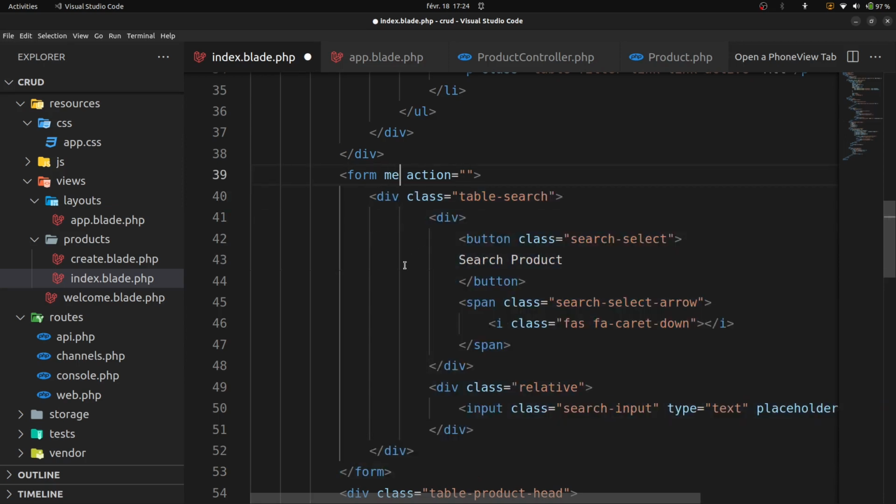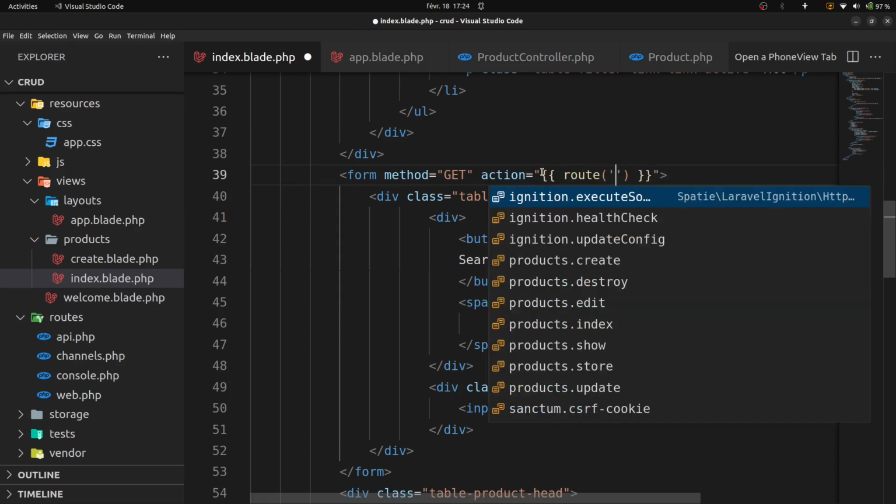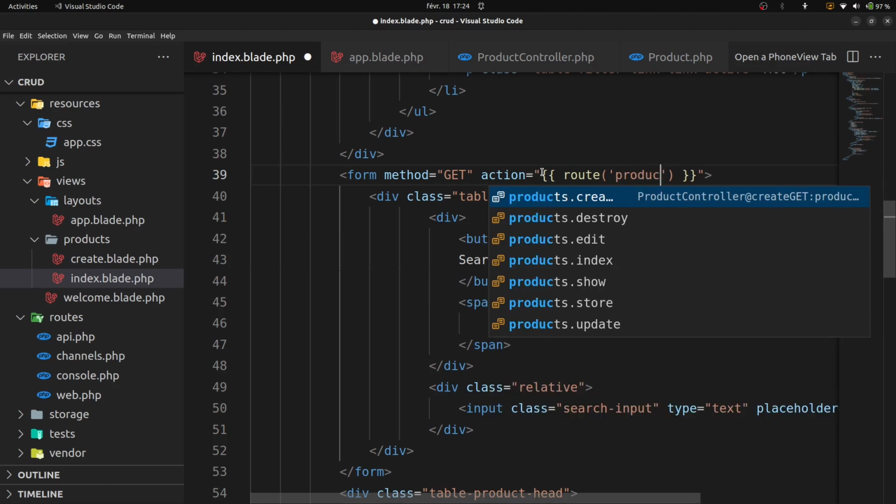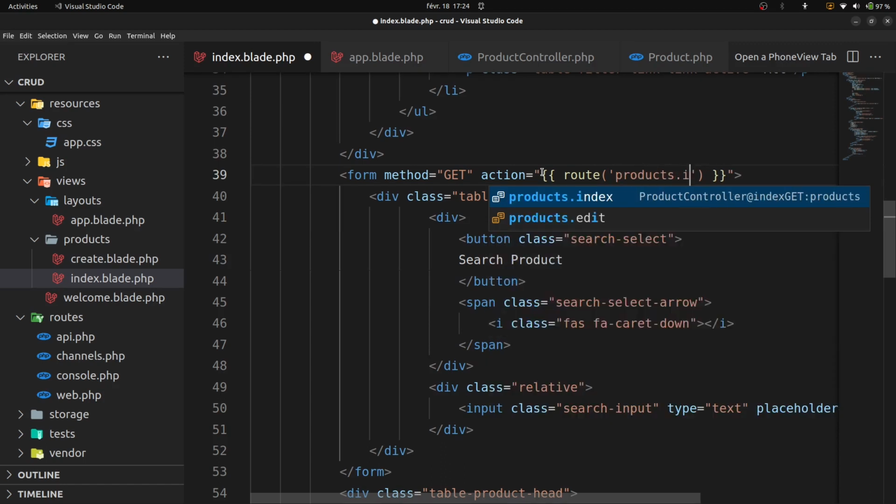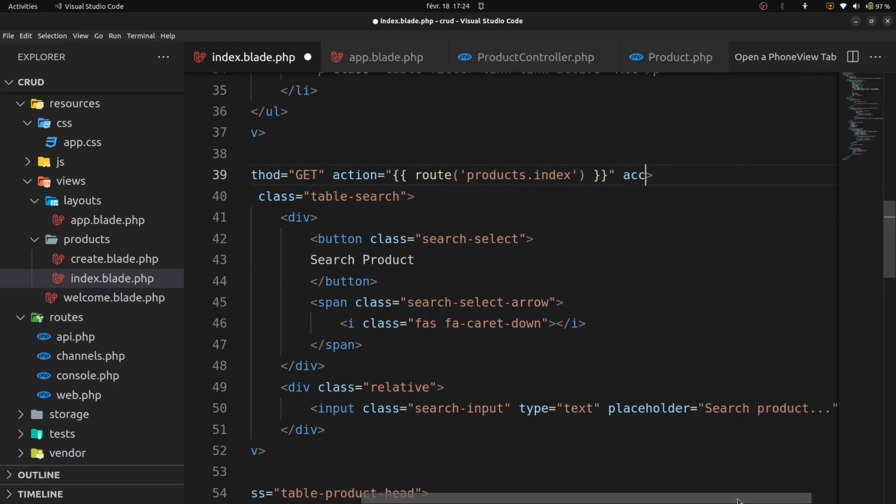Form method get, action route products.index, accept-charset UTF-8, role search,